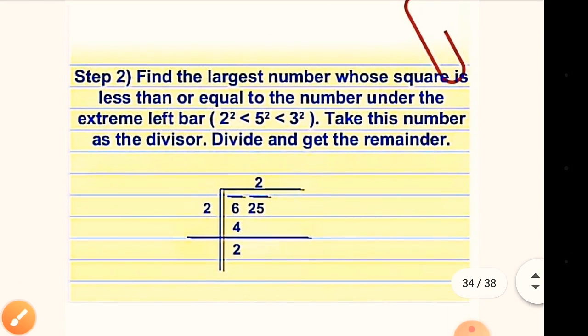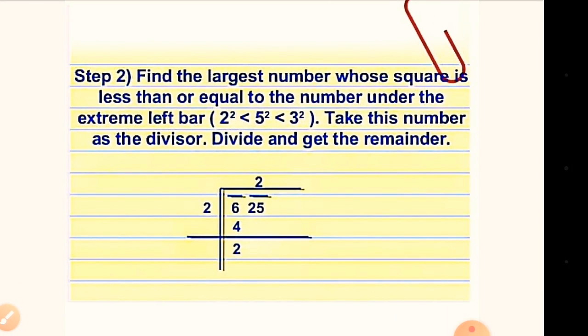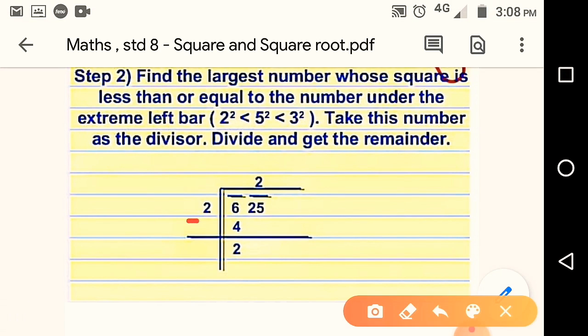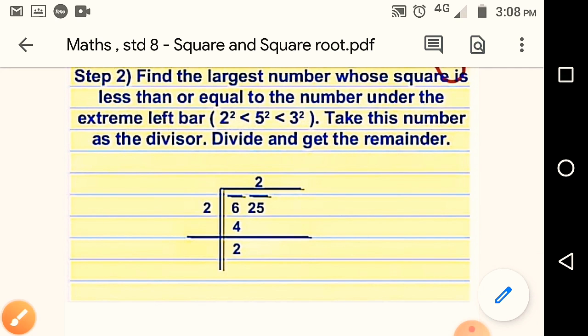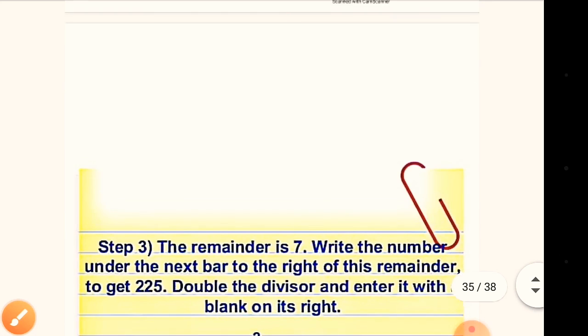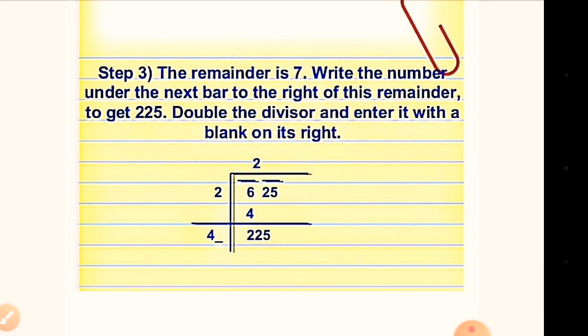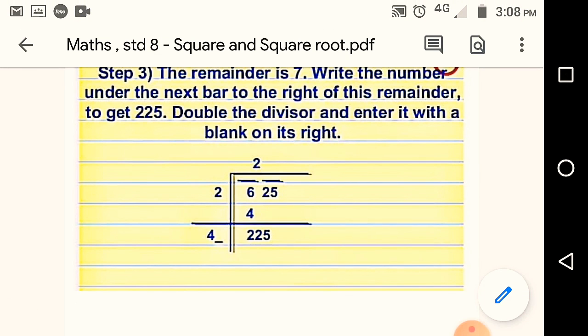Now 6 is not a square of any number, so which perfect square number is smaller than 6? 4. So we have to start with 4. So 4 means 2 twos. So we take 2 twos are 4, and subtract. The next step will be the same as in the previous example. So 6 minus 4 will be 2. We bring 25 down. Here 2 plus 2 is 4, and now again you need to think which number you will keep here. That same number you need to keep here and multiply, as we do in a square.